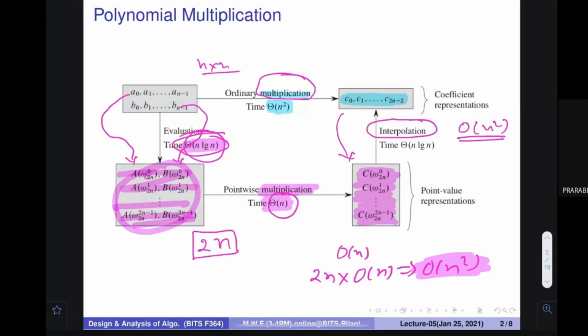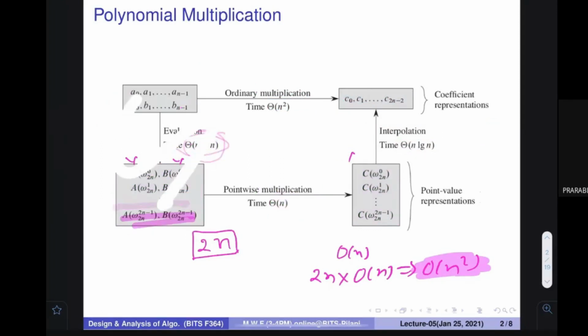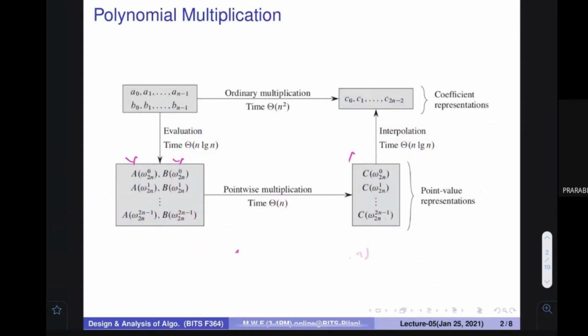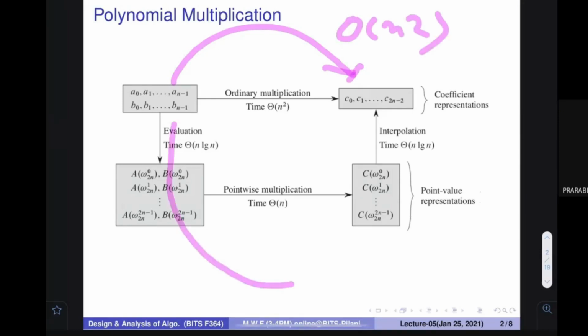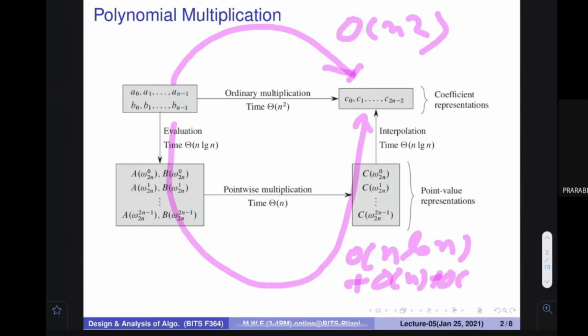So you can think by yourself that overall, instead of direct multiplication, we are now going to talk about a technique that can short circuit. Instead of spending order of n square here, we are going to take a different route. In this route, we are going to spend order of n log n plus order of n plus order of n log n time, and overall it is order of n log n time. So everybody is happy with that? Should we start?